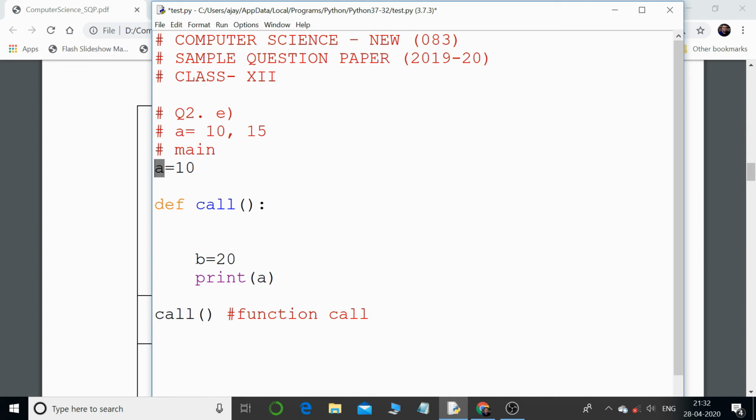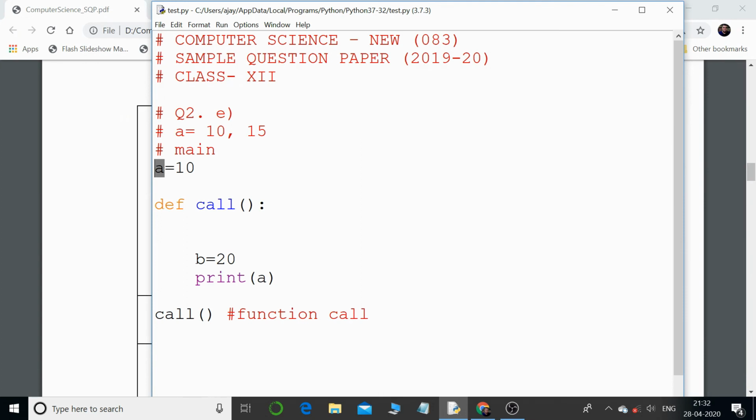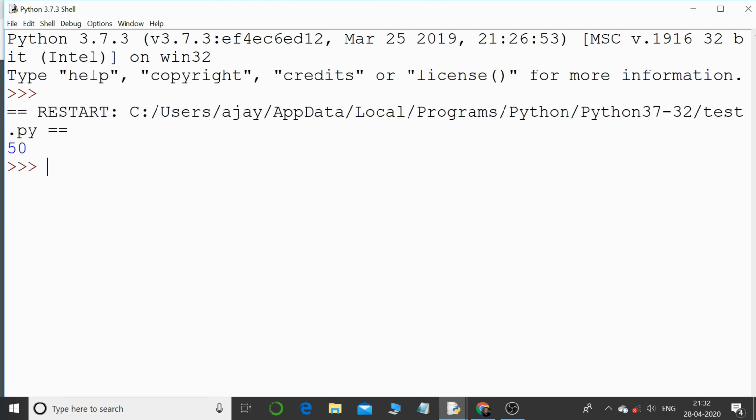So in this case, you can see the output. You will not get an error, but you will get the value 10. That's because Python has accessed the global variable. So this way also we can access it, but we cannot change the value. If I change the value, make it 20 or 50, in this case it is going to print 50, because over here it is going to create a local variable a with the value 50.